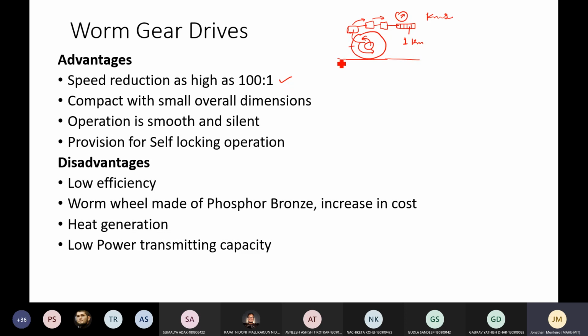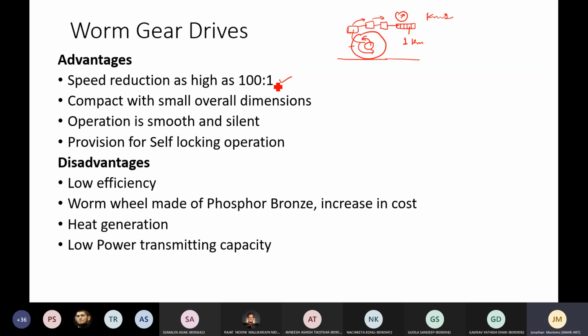It is a very small, compact arrangement you can use for this. Near the tire they may use metallic gears, but you can also do this using plastic gears, with the same worm and worm wheel combinations. Second, due to its operation, you have seen that it is very compact with small overall dimensions. Just imagine if you want a high gear reduction as high as 100:1, what will be the size of a spur gear and a helical gear?